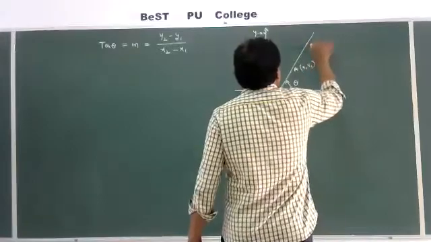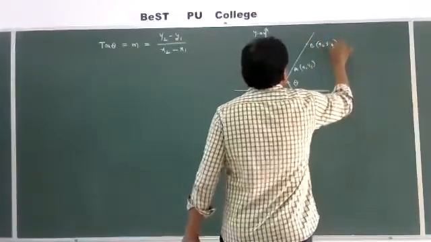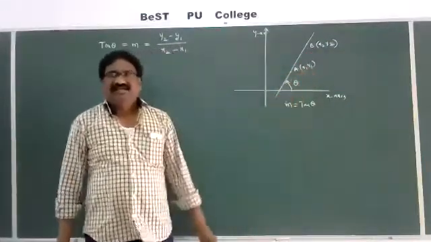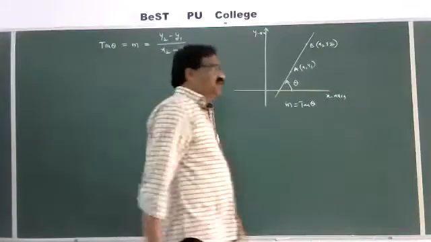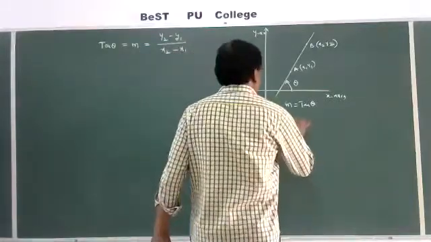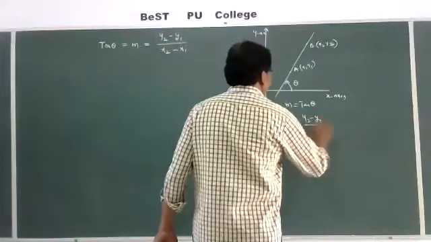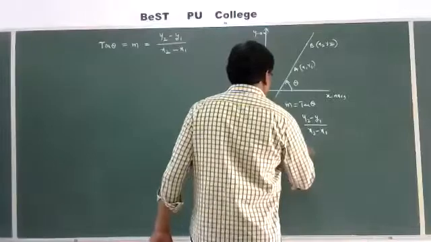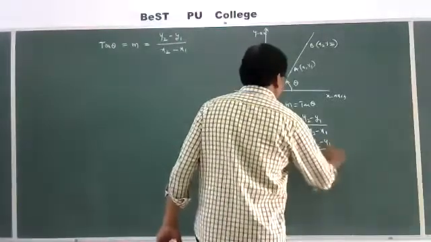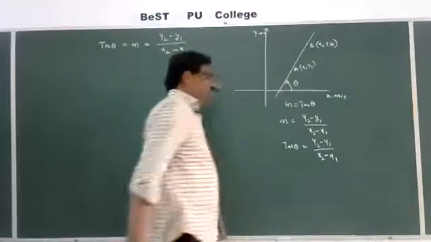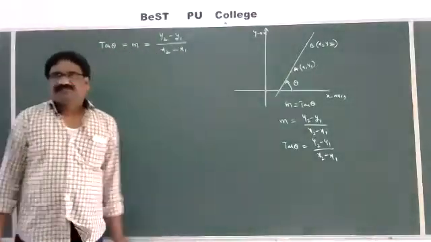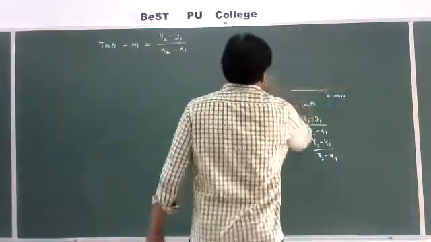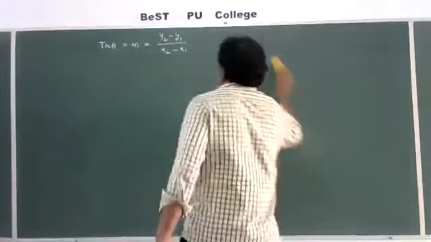The tangent of inclination of a line is called a slope, and if two points A (x1, y1) and B (x2, y2) lie on the line, then the slope of the line passing through the two points, we proved, is m is equal to (y2 minus y1) by (x2 minus x1), that is tan theta is equal to (y2 minus y1) by (x2 minus x1). Yesterday we proved this theorem. Okay, next, today we are going to discuss some problems on this formula.